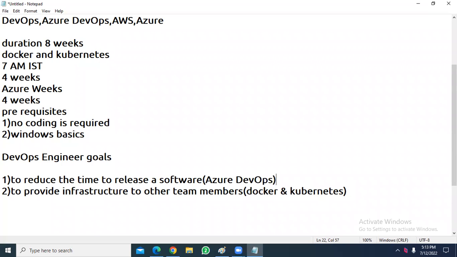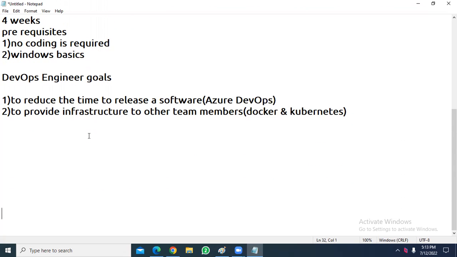First, let me speak about DevOps: how a DevOps engineer is going to reduce the time to release a software, what the tools are, and how Docker and Kubernetes work to provide infrastructure.